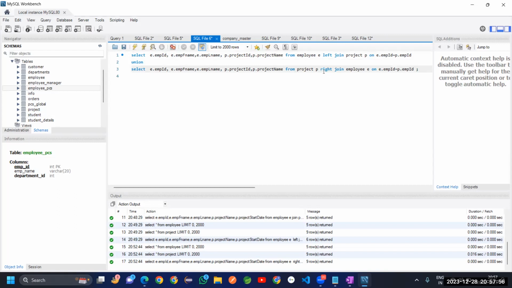Here we are using right, so we first mention the right side of the table, and only then the left side of the table. In the same way, we mention the conditions: from the employee table, we are comparing the employee ID with the project that contains the employee ID. So if you run this command,